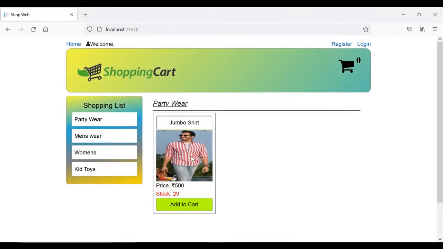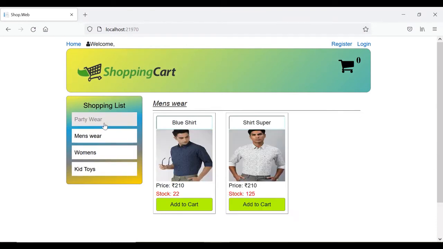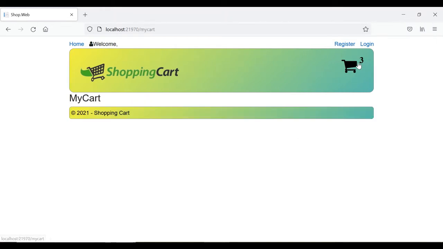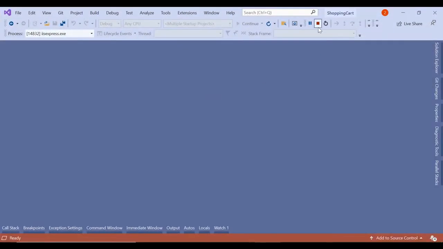So in our previous video, we saw how we created the shopping list and the products for a particular category, and also the logic to show the counter in the cart and the remove from cart functionality. Now what we have to do is, whenever we add anything in the cart and the user clicks on the cart icon, instead of showing an empty my cart, I should show all the items which are already added to the cart. Okay, so let's go through the design.